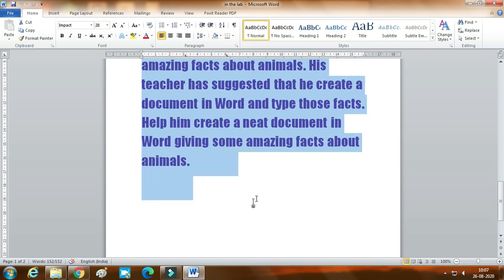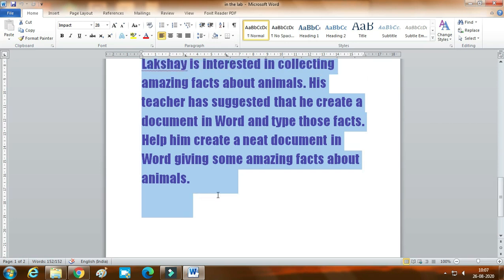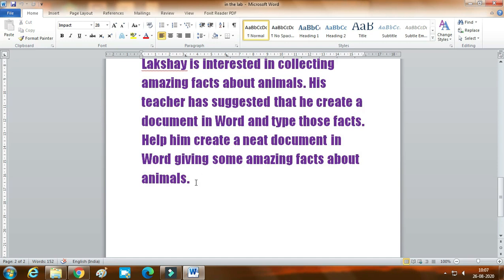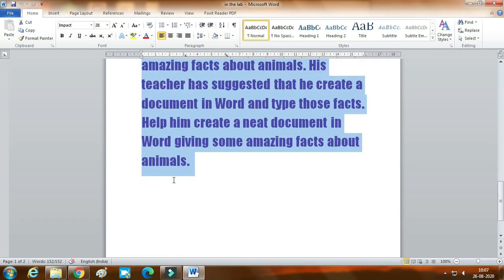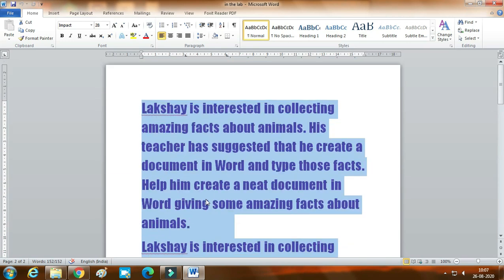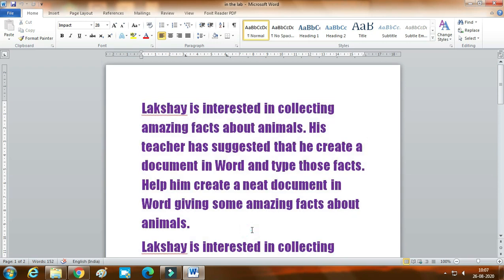The same way, when the cursor is at the end of the page, press shift, control and home button on the keyboard. It started selecting from the bottom of the page till the beginning. It may be 100 pages or it may be 2 pages.